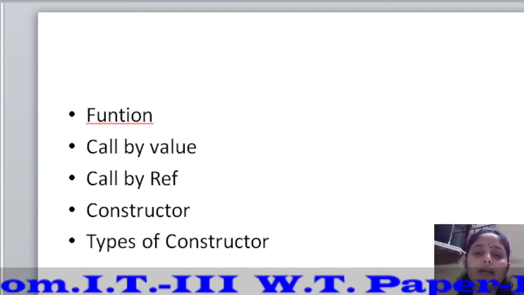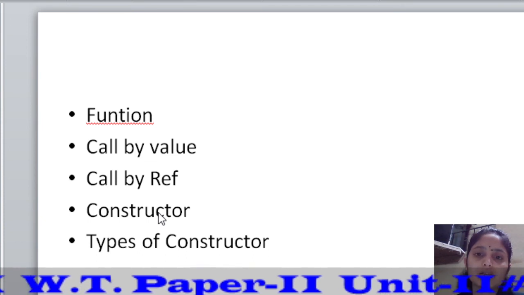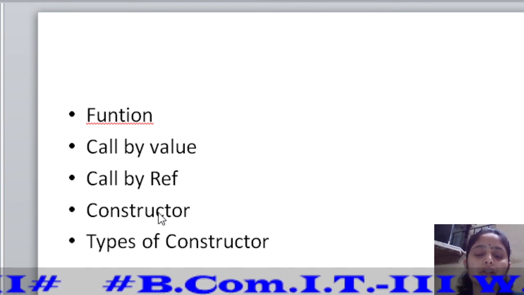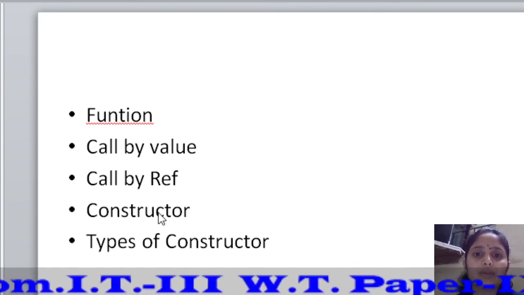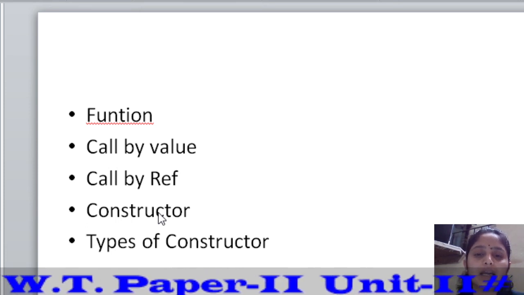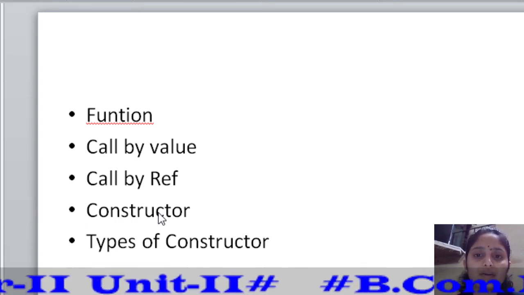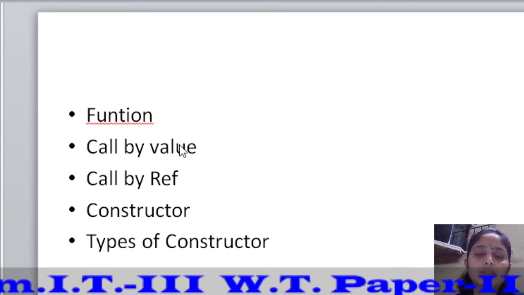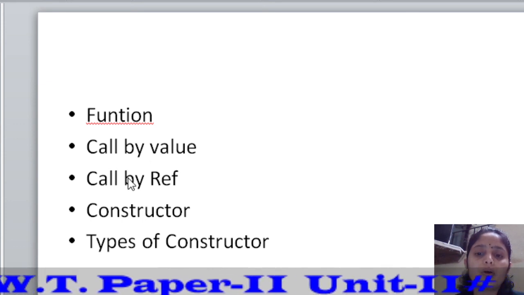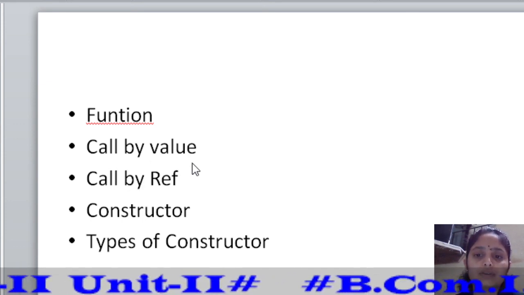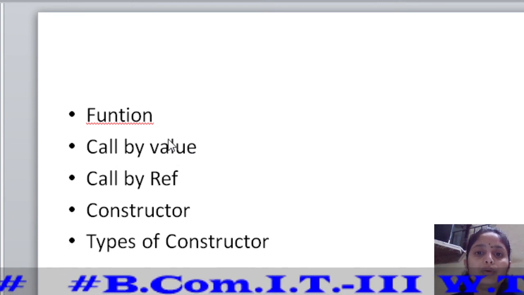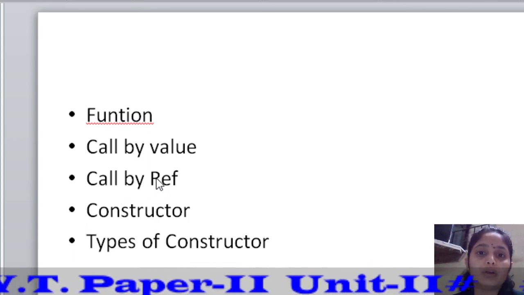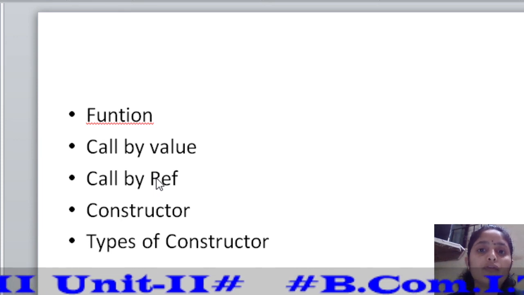In this lecture, we saw two points: the function and the constructor. Both points are very important in programming skill. In the function, there are two methods: parameter passing using the ByVal keyword, and parameter passing using the ByRef keyword. For call by value, the keyword used is ByVal, and for call by reference, the keyword is ByRef. Before we talk about call by value and call by reference, we must know about the actual parameter and the formal parameter.